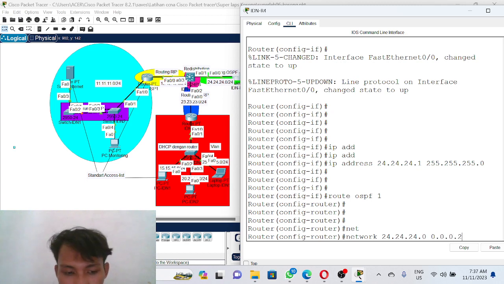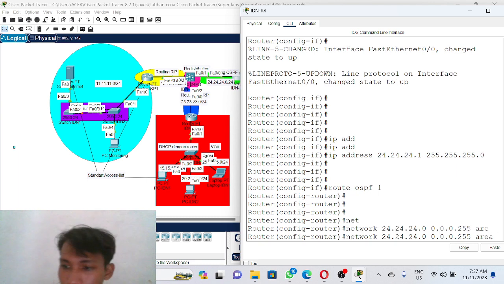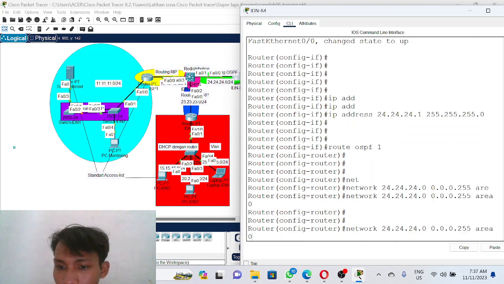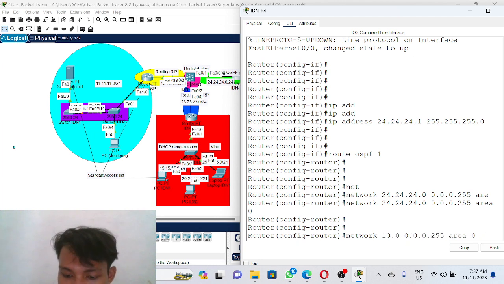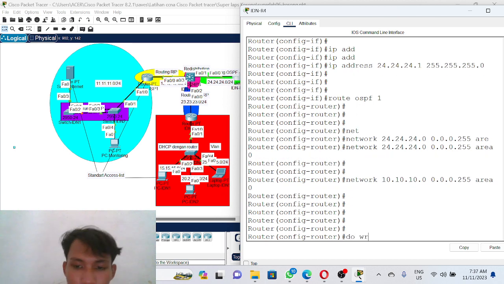The wildcard is this, area 0. This is 10.10.10. Okay, all right.